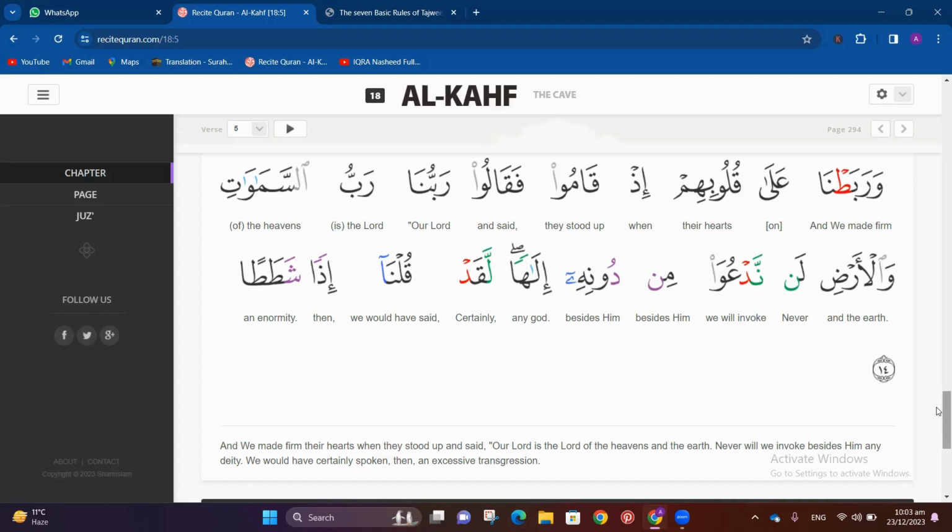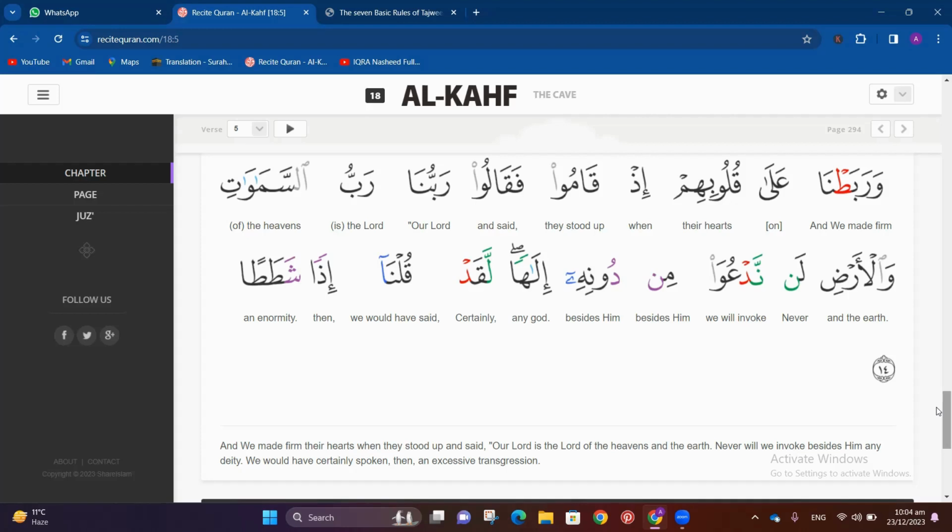So ta, I told you yesterday as well that this is different than ta. This is a bit heavy. So we are going to put the tip of our tongue at the back of our upper teeth, and we are going to touch that very strongly, like thaw. And I also told you that in English we say the word, like article. So we are going to make that sound a bit heavy, like thaw, thaw. Okay, wa rabata. Sorry, not the t sound, like t and ta.